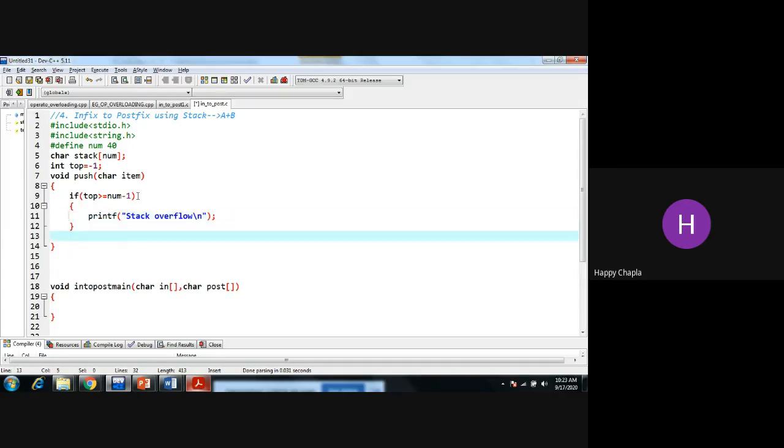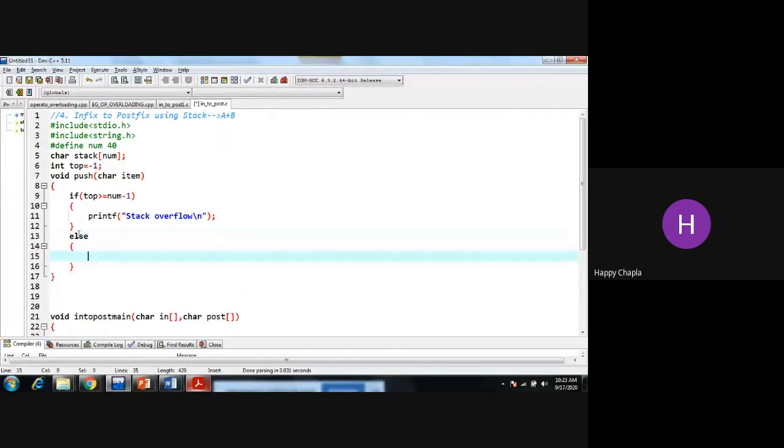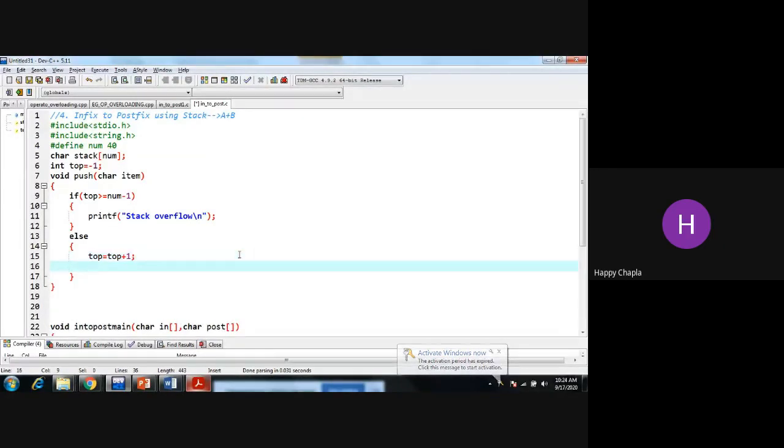Otherwise, whatever is in this item variable, we need to push into the stack. So in the else part we first write top equals top plus 1, incrementing my top, and now I can push the item.